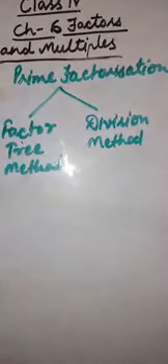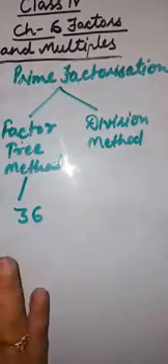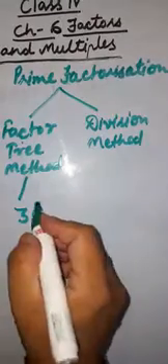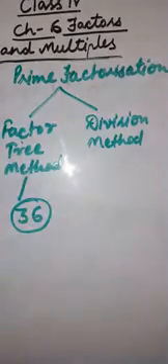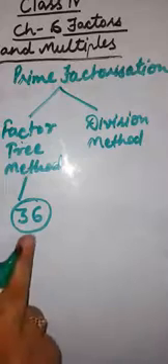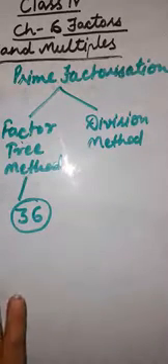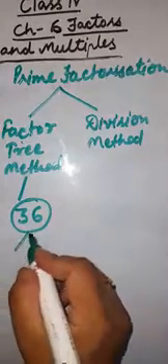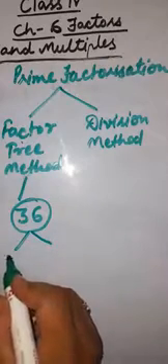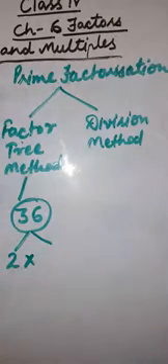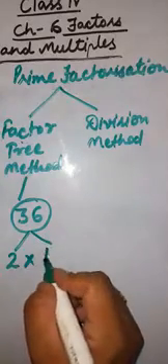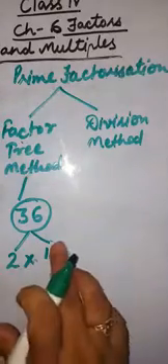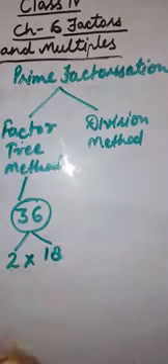Okay, so children, in factor tree method let's take the example of this one, 36. Now we will make a beautiful factor tree of this number. This is 36. All right, so here just break 36 into 2 parts. Write down its 2 factors, right? 36 comes in the table of which number? In the table of 2. That is 2 multiply what? 2 multiply 12. Okay, sorry, 2 multiply 18. Right children?